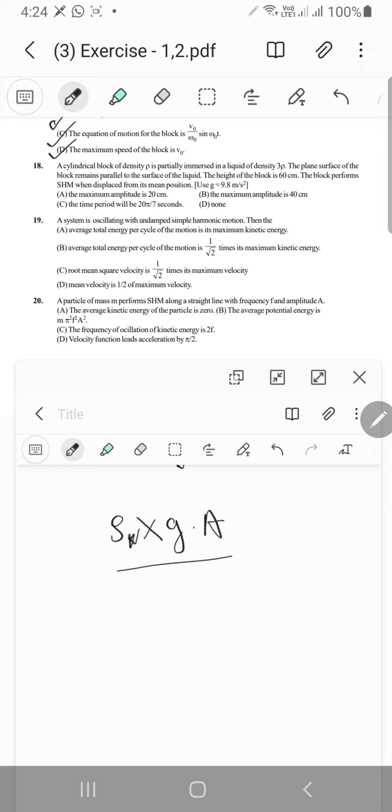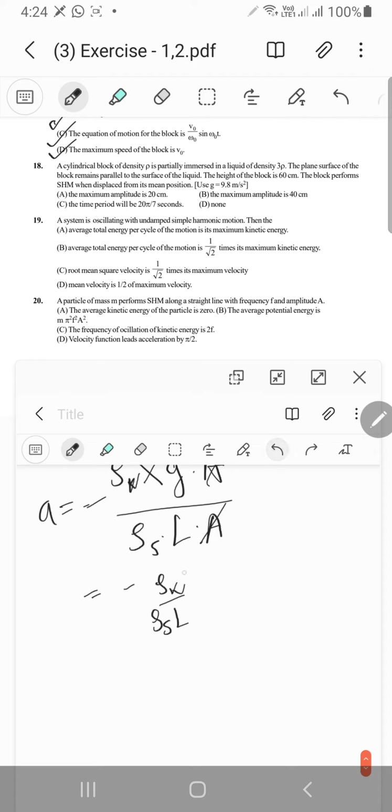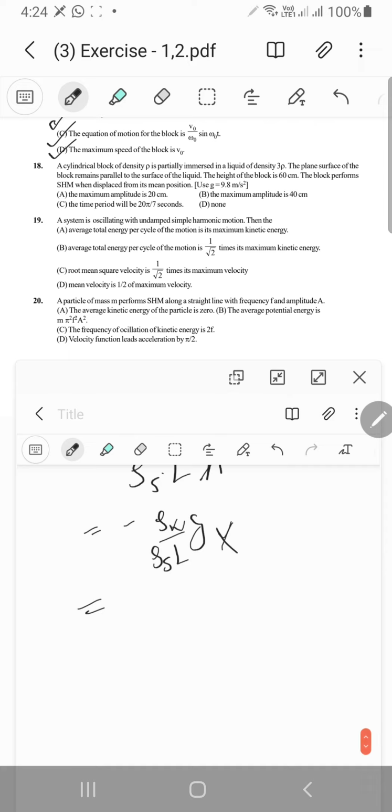That's the force upon the mass of this block, which is the density of the solid times its length times the area. So the area cancels. This would be the acceleration, and actually it should be negative: minus rho w upon rho s L into x, and it's g as well. So rho w over rho s is just 3, so minus 3 g